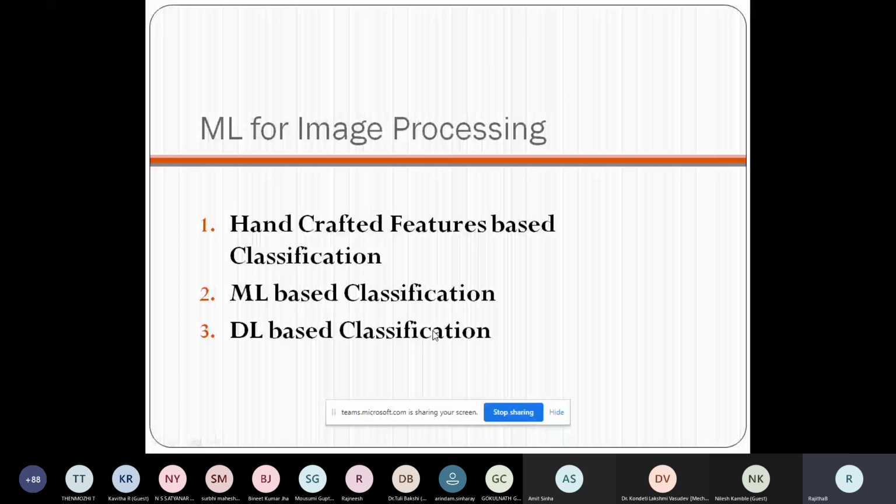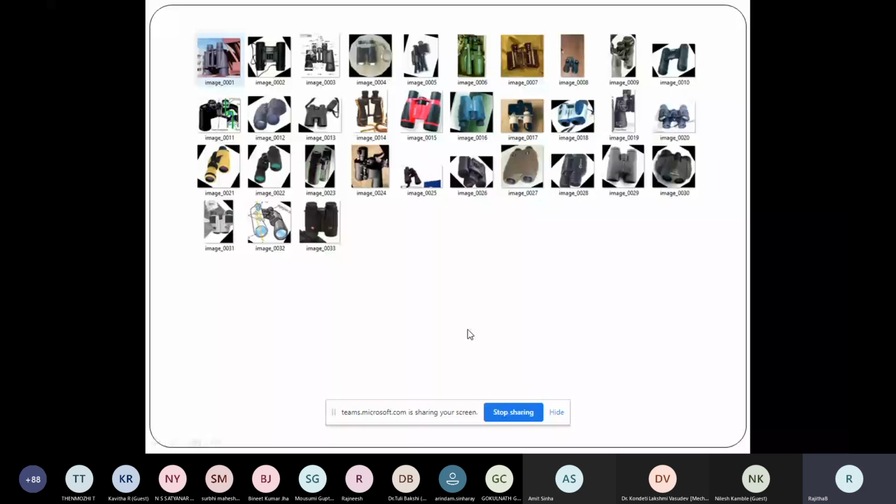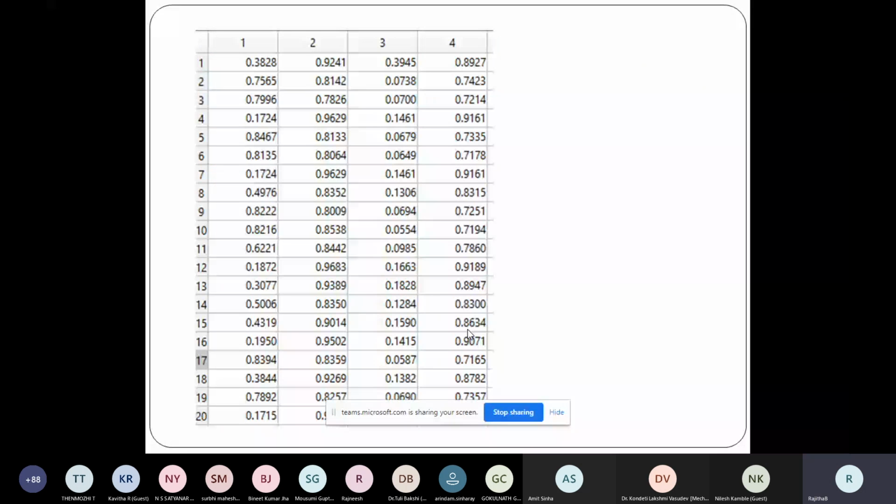Now once you have done the feature extraction, let's see the other two approaches of feature extraction. Through texture features, I have extracted 4 features for each block, so for each image I have 20 cross 4 features.